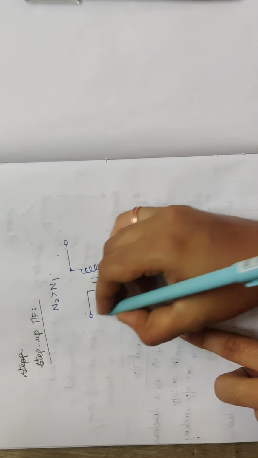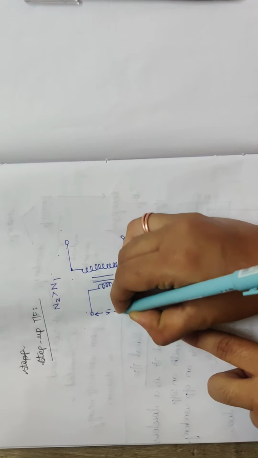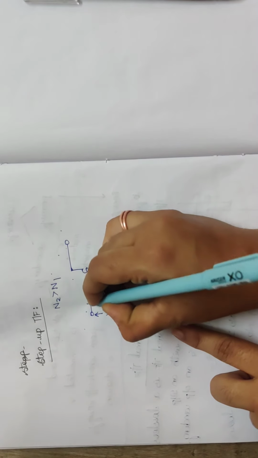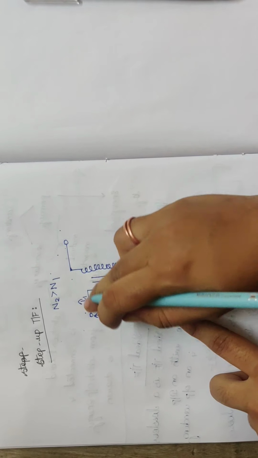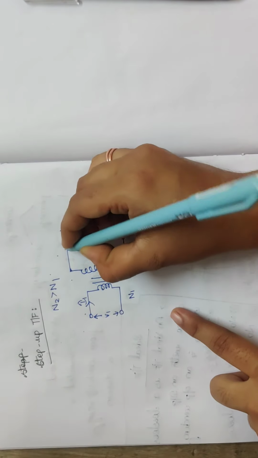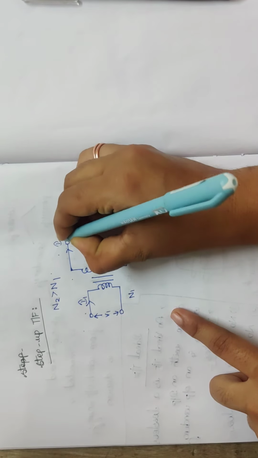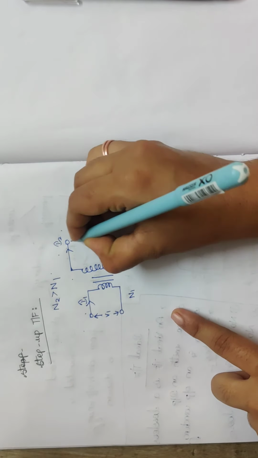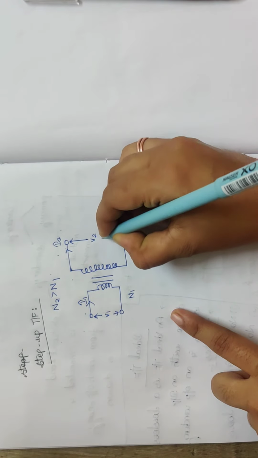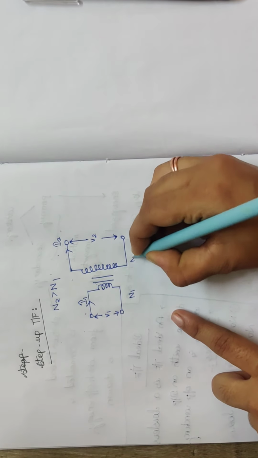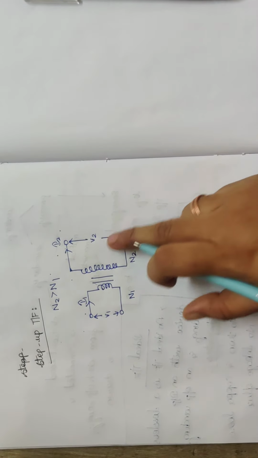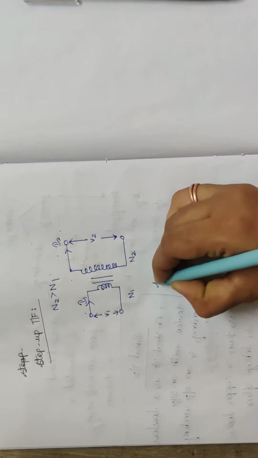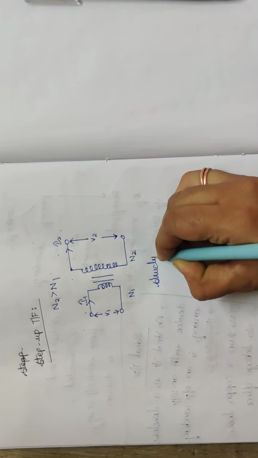Here the voltage given at the primary is V1, the current is I1, and the number of turns is N1. These are all for the primary. Here the current given to the load is I2. That is your secondary. Now the voltage taken at the secondary winding is V2, and the number of turns is N2. These two lines represent the core. This is the structure of the step up transformer.